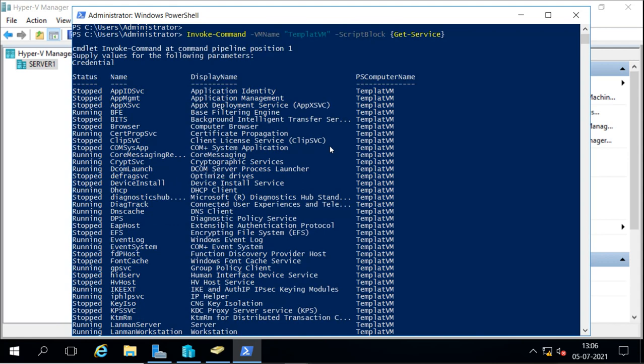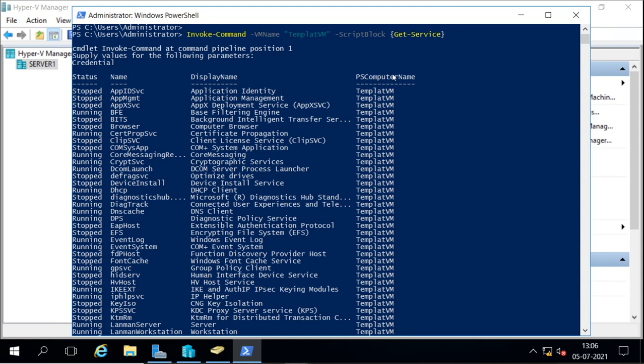It is showing all the services running or stopped, the status of the services on that virtual machine. It shows the status, whether stopped or running, the name of the services, the display name, and the PSComputerName, which is the name of the computer.